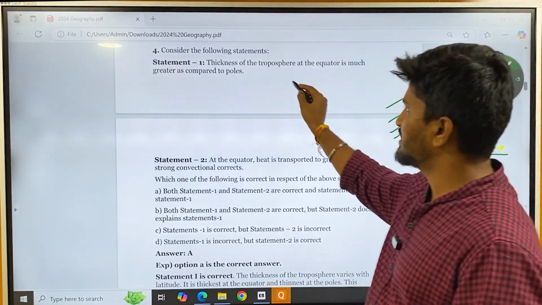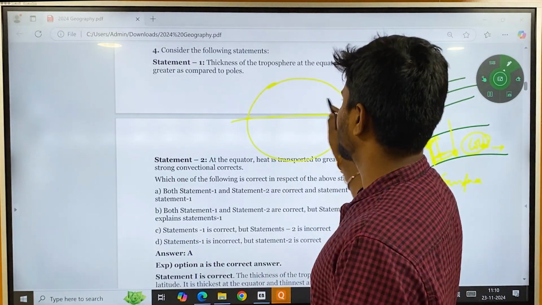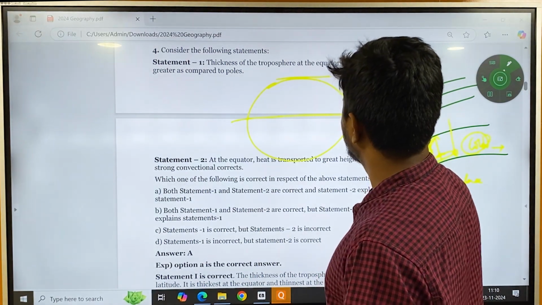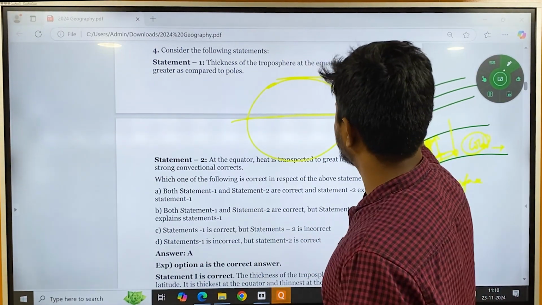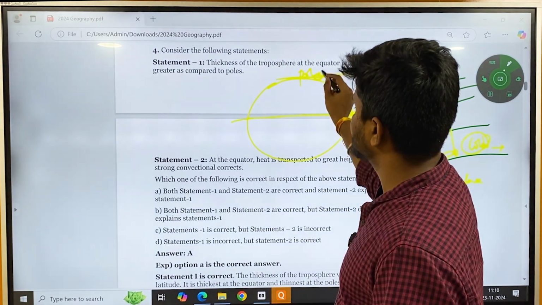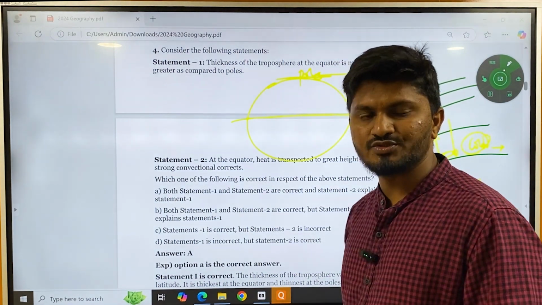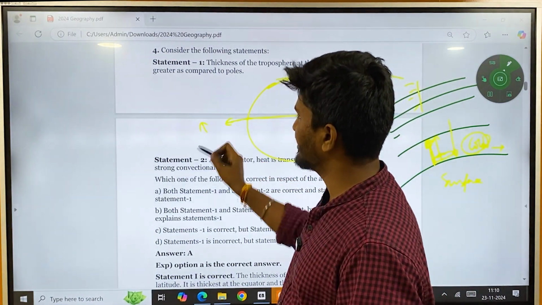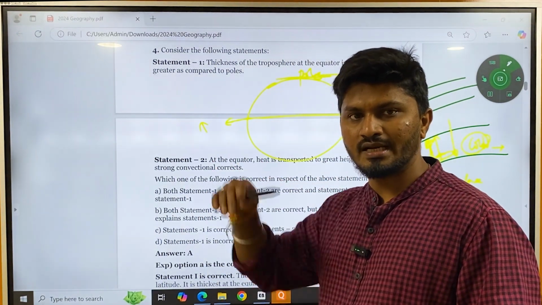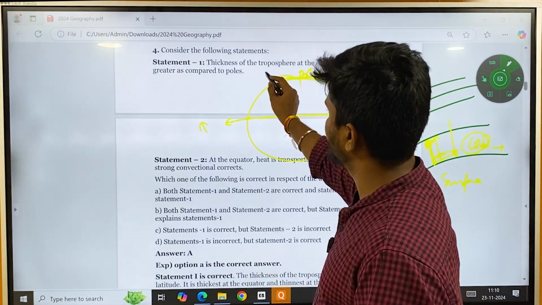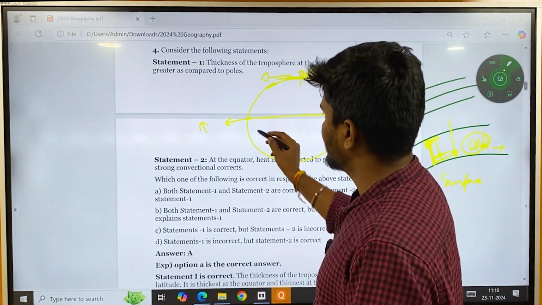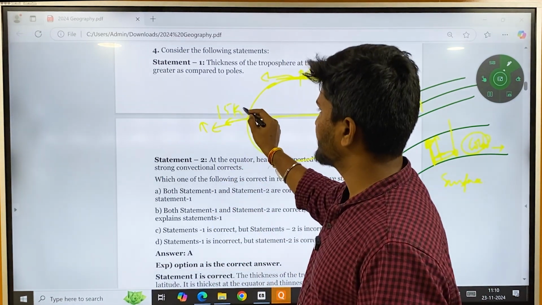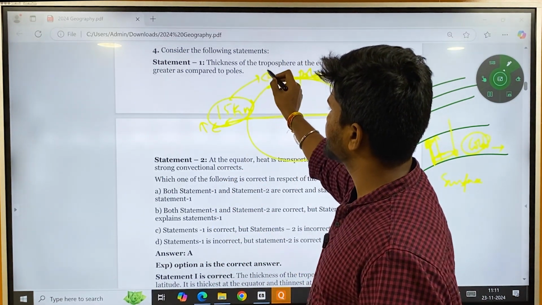So now if this is the Earth, this is the equator and this is the pole, and this is sunlight, maximum insolation will be received by the equator and the lowest insolation will be received by the poles. Since the equator is receiving more insolation, more heat, more temperature, the air at the equator is going to rise and reach a higher altitude. At the poles, air is going to reach a lower altitude. That is why the height of the troposphere is normally 15 kilometers at the equator,